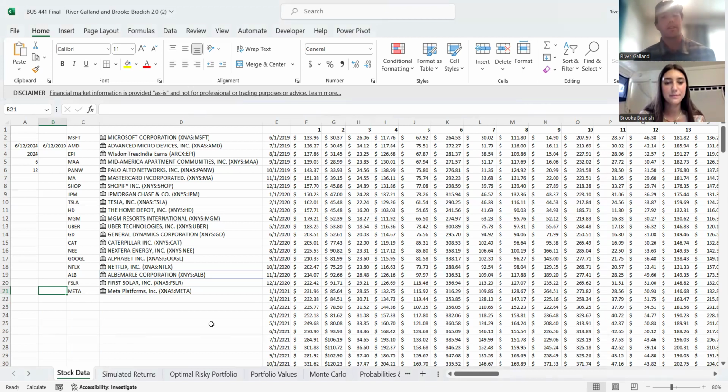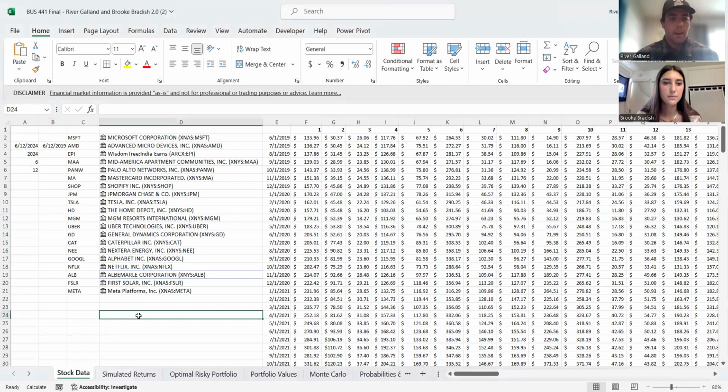Today we're going to be talking about our Biz 441 Computer Applications and Finance final project. The scope of this project was to create a statistically optimized portfolio of 20 stocks using the past 5 years of historical returns. The stocks we chose to use in this project were Microsoft, AMD, the Indian Country ETF,